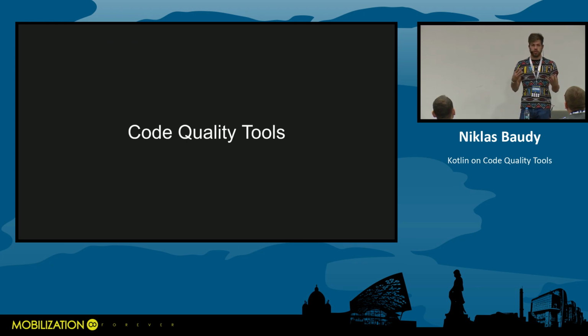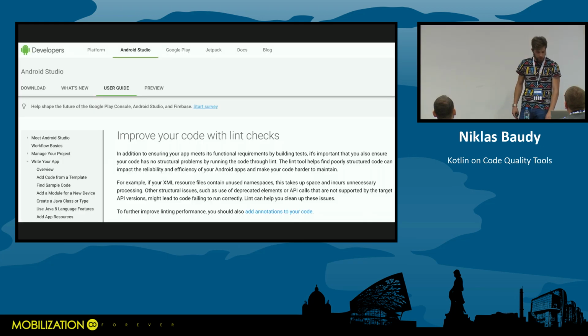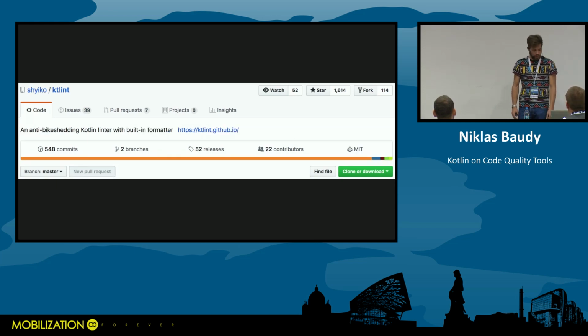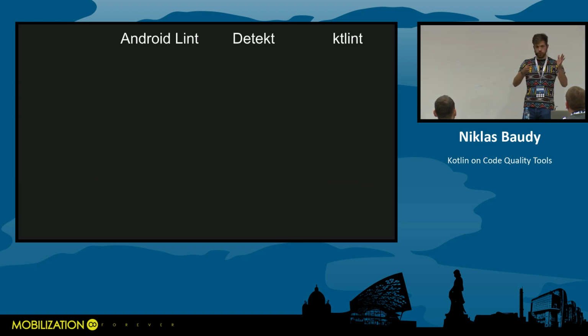So what tools are there that we can use? The first one is Android Lint, developed by Google. The second one is Detekt, which is developed by Arthur, a German guy. And then there's also Lint. Each of those tools does different things. So if we start comparing them,